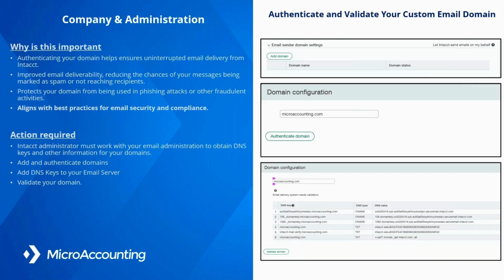It's pretty simple. Once you click that authenticate domain button, it's going to go out and produce keys. And these are the keys, and this copies right into Excel. You can copy this grid and give it to your IT guys and gals, and then they can enter it into their email servers, and they know how to do that. Once they do that, they'll come back and tell you that they completed it, and then you validate the domain. Then it will actually say it's authenticated. That's the process. This is really going to help with the delivery of those emails.